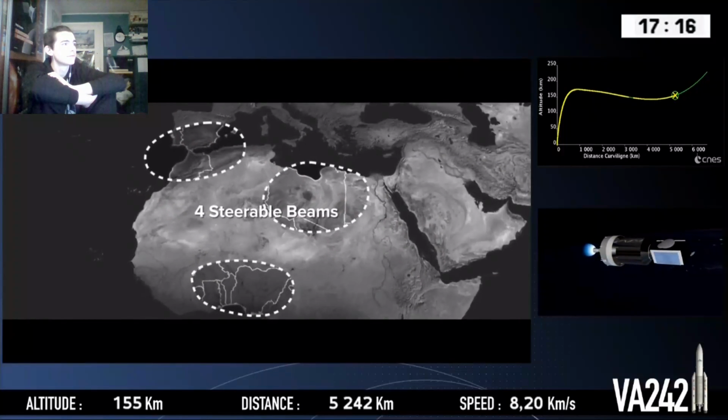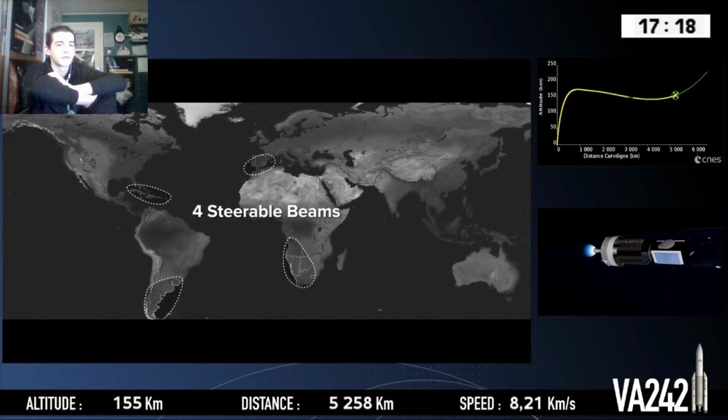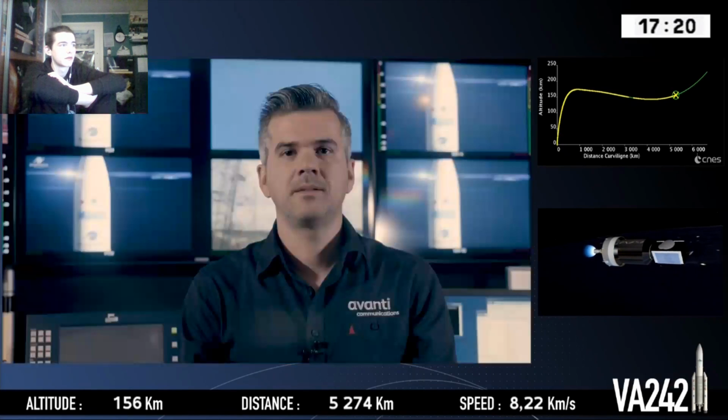Additionally, 4 independently steerable high-power spot beams will be able to deploy on-demand Ka band spectrum in civil, government and